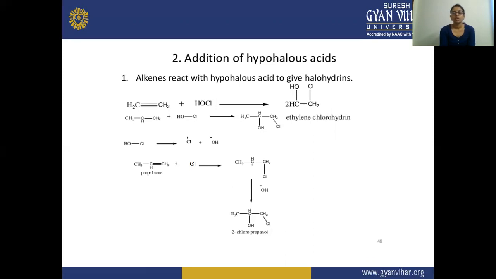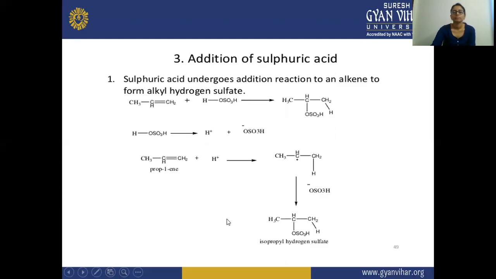So OH will react with the second carbon atom, which is having the carbocation. So here the halohydrin is formed, and according to the name given by the IUPAC, its name will be 2-chloropropanol. Propanol because here alcohol is attached, and chloro because here on the second position a chloro is attached. Chloropropanol is 1, 2, 3. Chloropropanol.